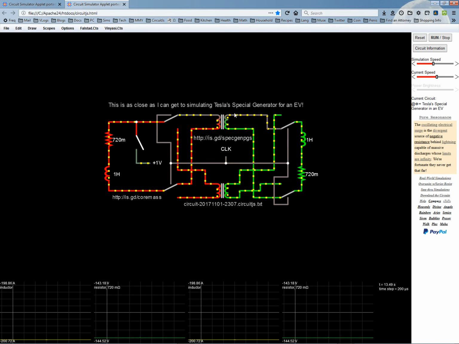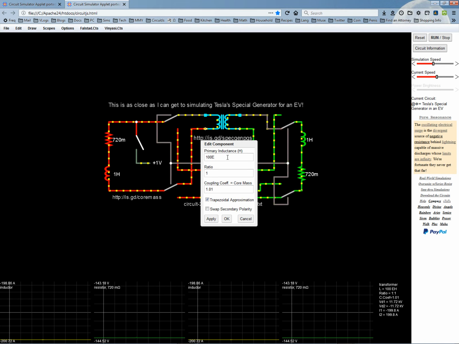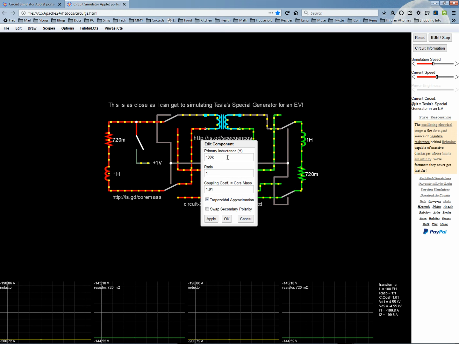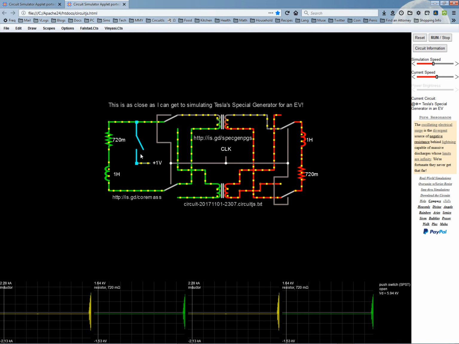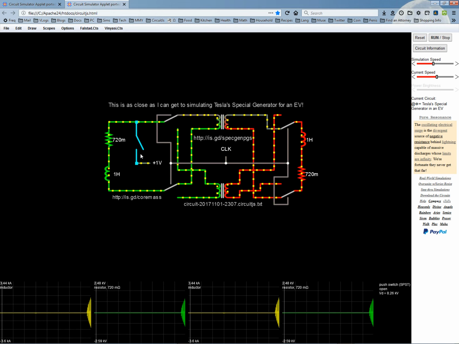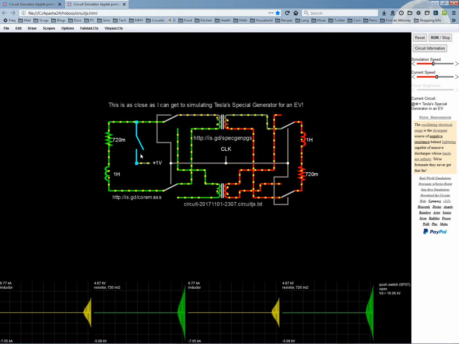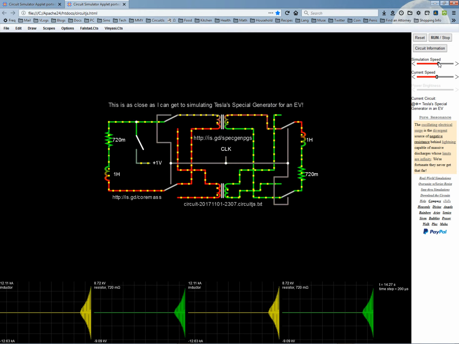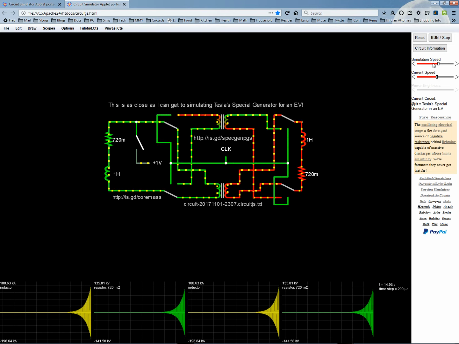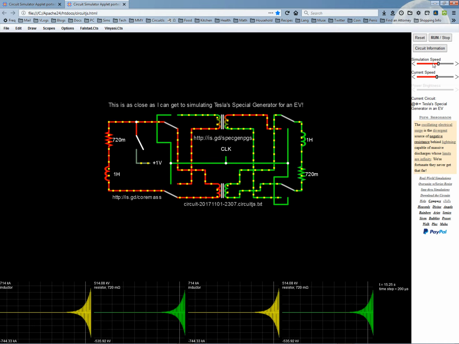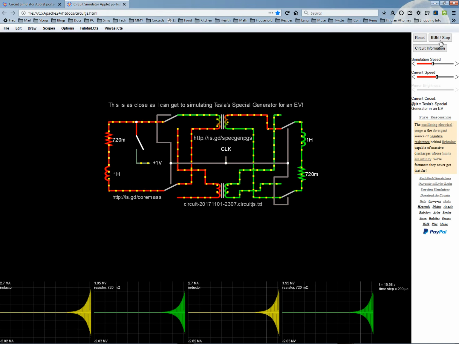Now, I can't get it to change because the henries are too high, forcing it not to change. But if I reduce it to 100 kilohenries, there it goes. It wants to move upwards, see? Let's wait and let it go to mega values. Okay, and then we stop it